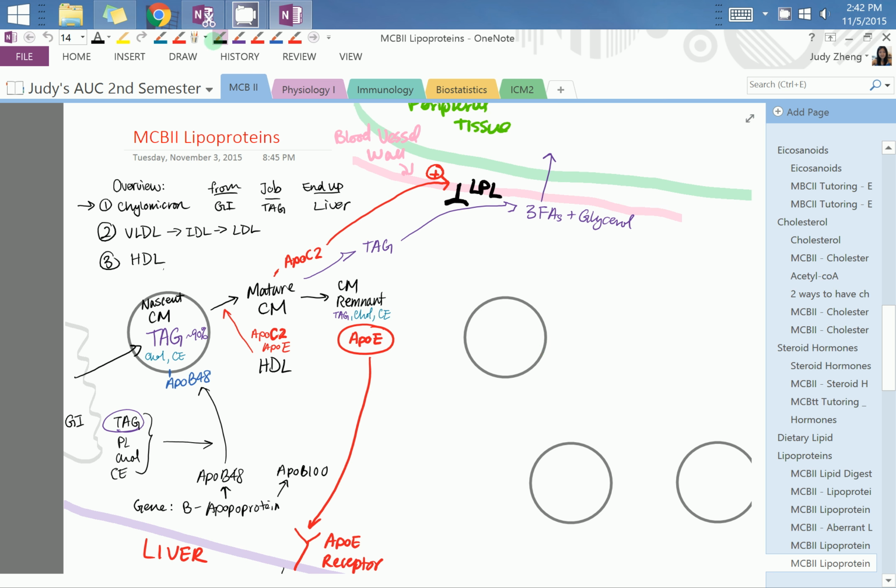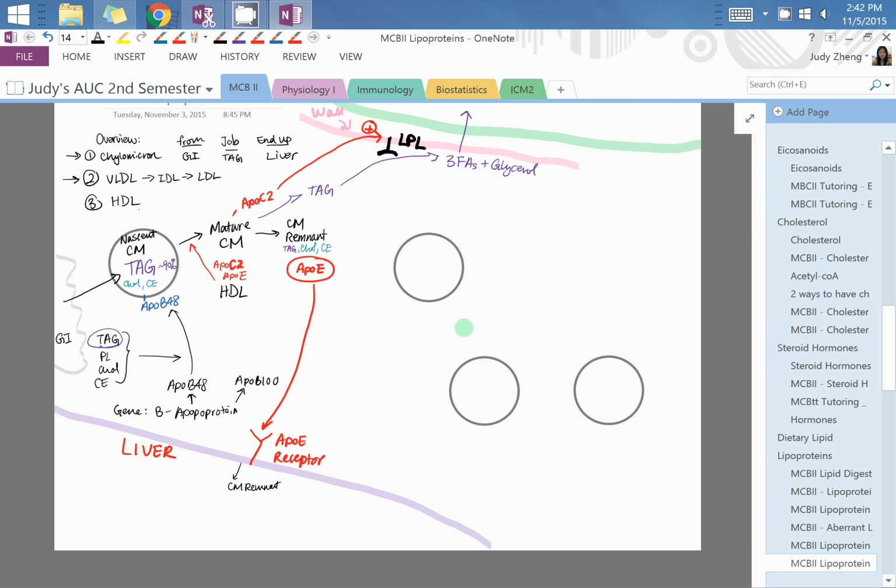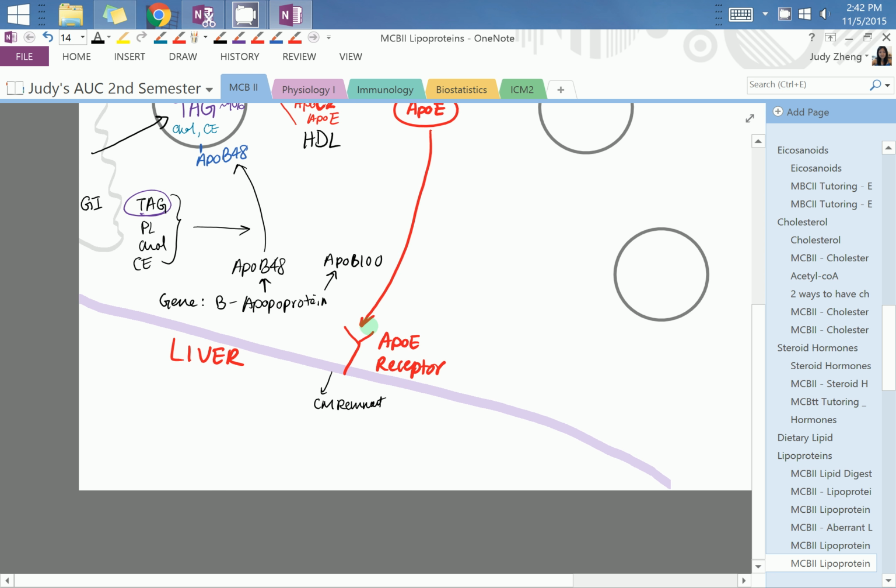So last one we talked about chylomicrons, and this one we're going to talk about the VLDLs. So recall, the chylomicron's job is basically delivering the triacylglycerides to the periphery, and it came from the GI. So it's delivering from the GI to the periphery, and what's remaining is going to end up in the liver. So remember, the liver is able to do many things, and one of them is lots